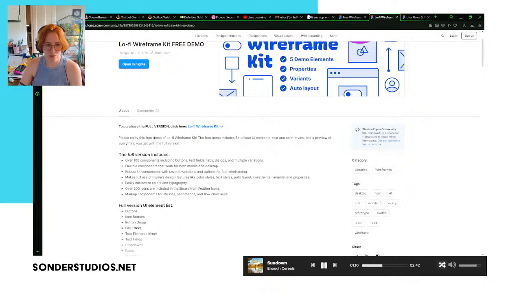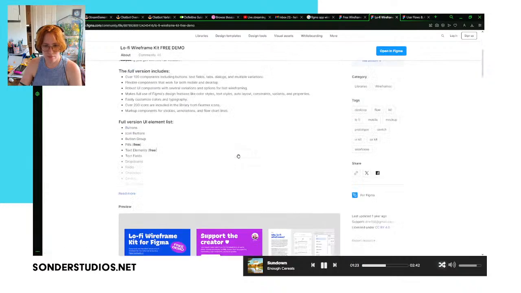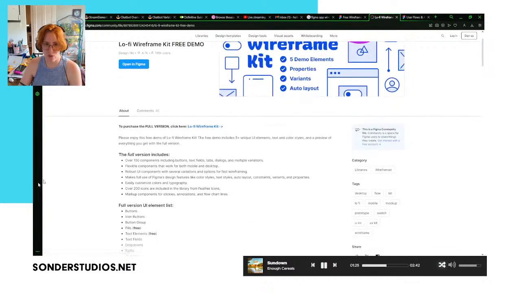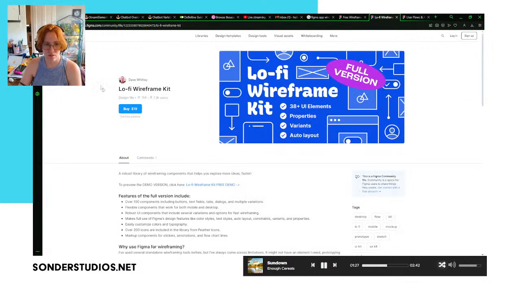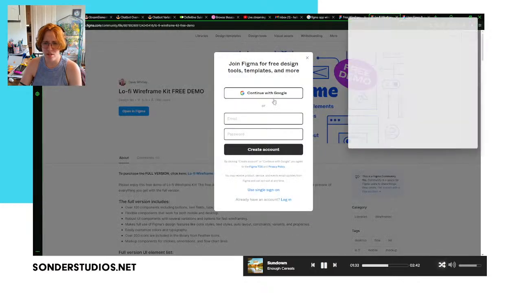Alright, please enjoy this free demo lo-fi wireframe kit. Includes 5+ unique UI elements, text and styles, and a preview of everything for the full version. Alright, let's see how these guys handle it. I don't want to buy it. I just want to see it.